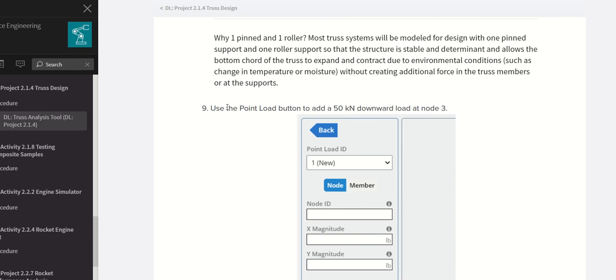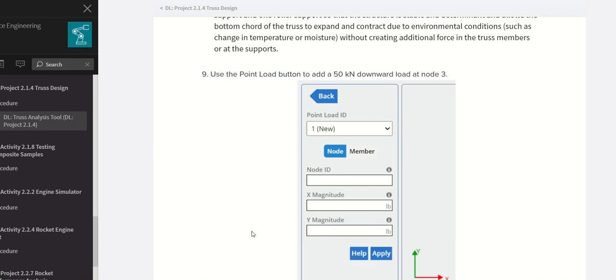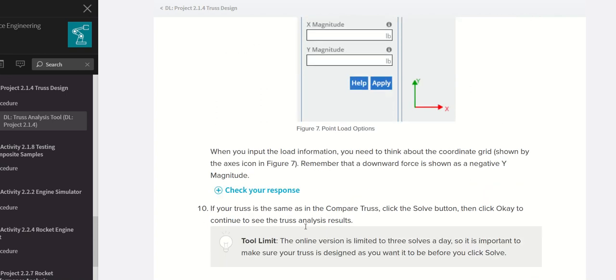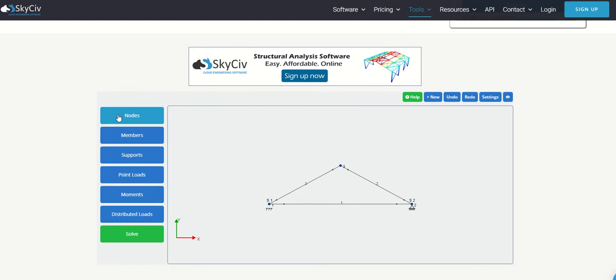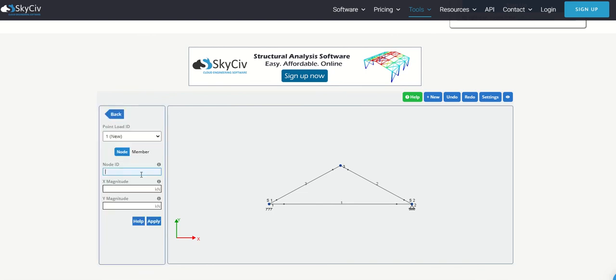Now use the point load button to add a 50 kilonewton downward load at node 3. So this is how it's supposed to be. So it's 50 downward. Okay, so the force will be negative because of gravity. I need to click on back, point loads.